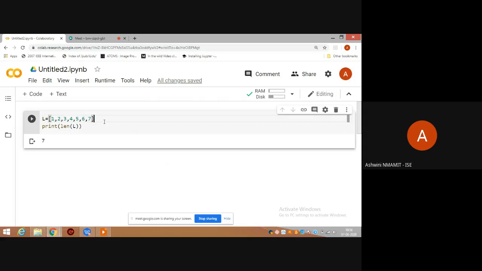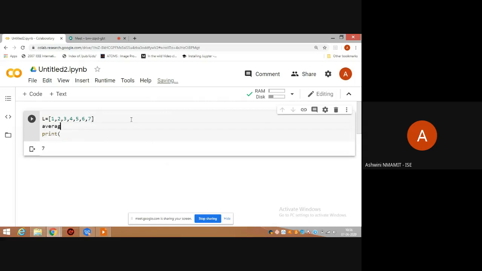So it would take a minimum of 3 to 4 statements. But in a list, I have a simple way of doing it. I'll say average equals, I can use a function sum of list.